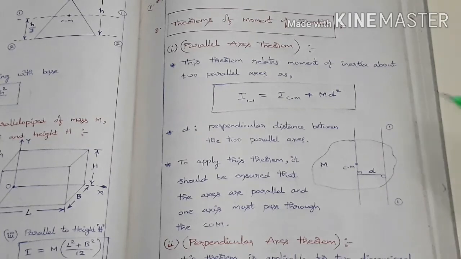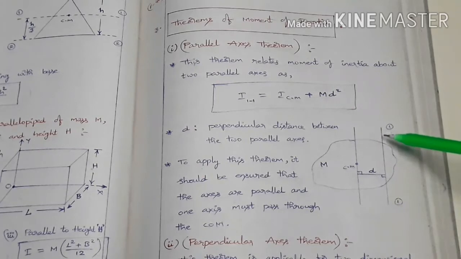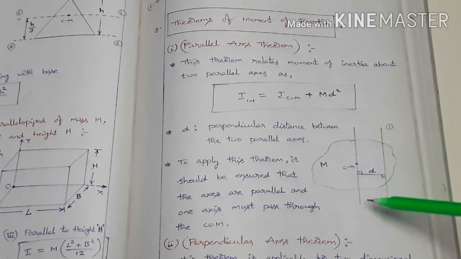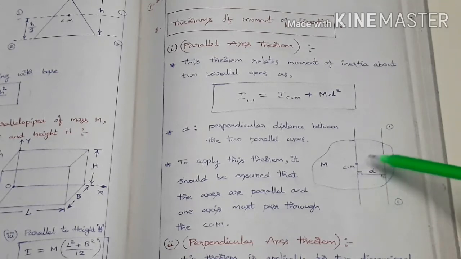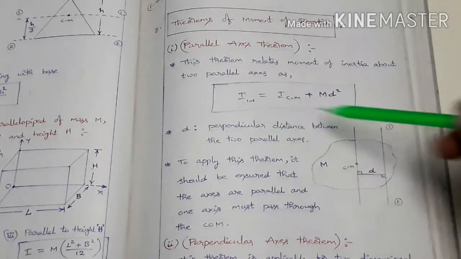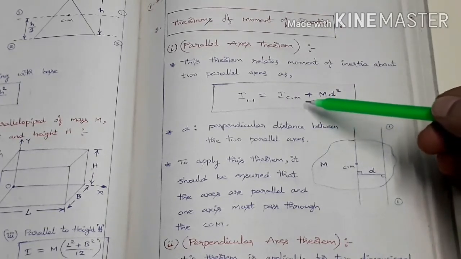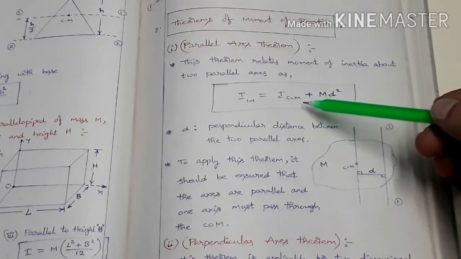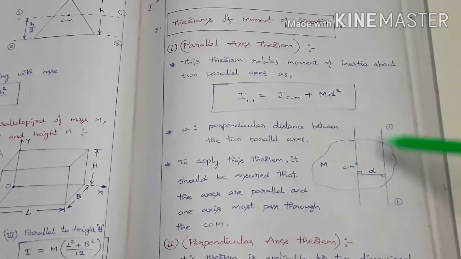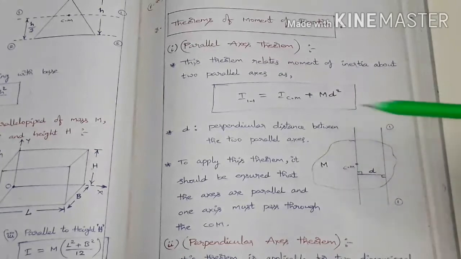Okay. This is very simple. This is the parallel axis theorem. So if moment of inertia about any axis is required here, just choose a parallel axis which is passing through center of mass. It's enough. Then you can use this one. Moment of inertia about the required axis is equal to moment of inertia with respect to the axis passing through center of mass plus md square. You can apply this one. So in this way you can find out.